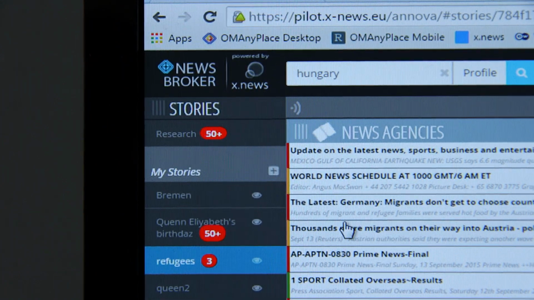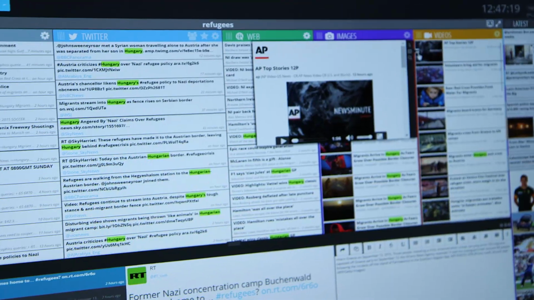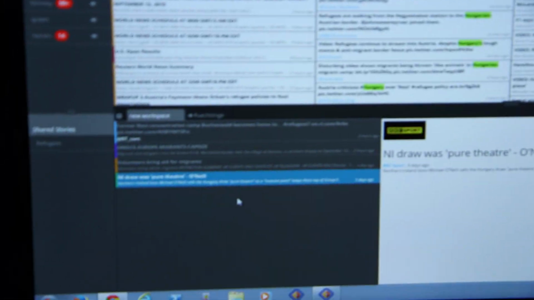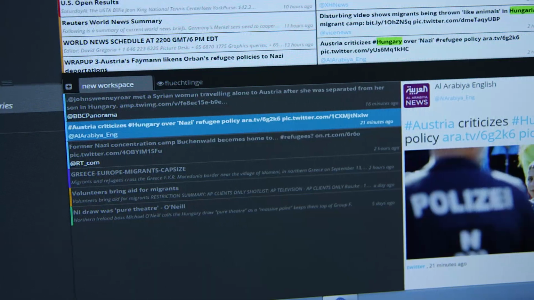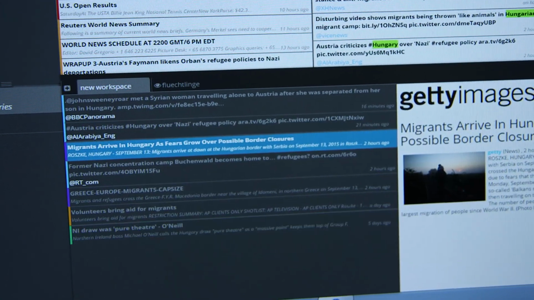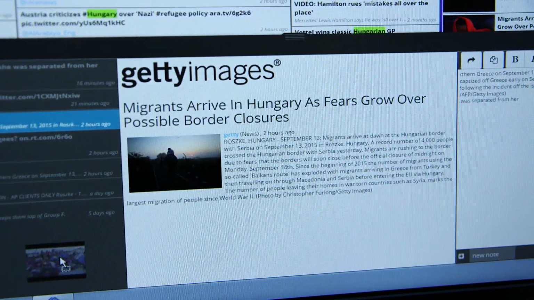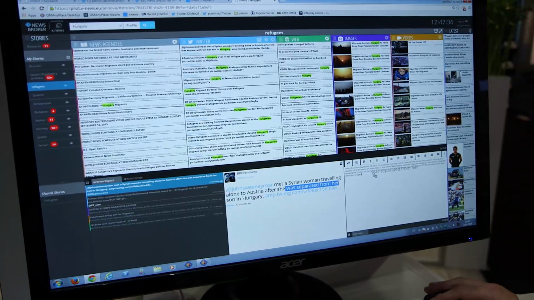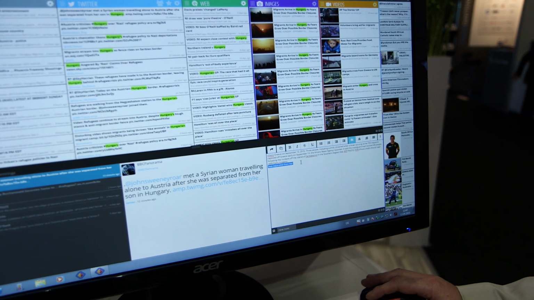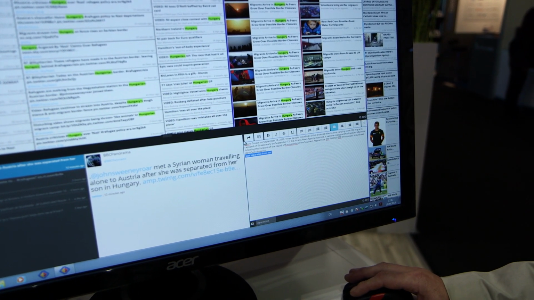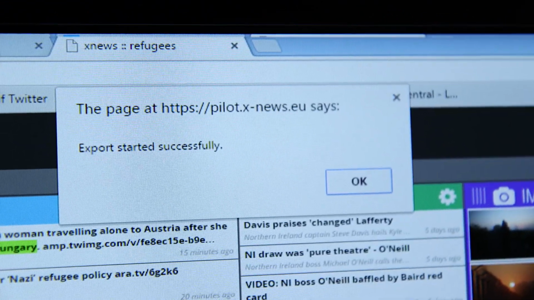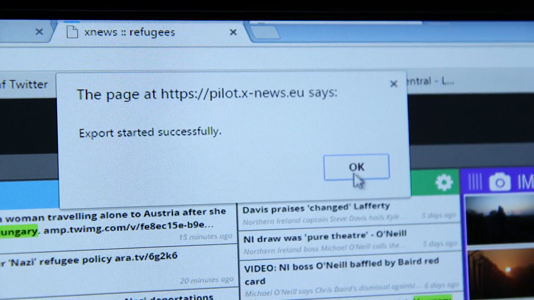And just like the story bin concept that has been invented by inside of OpenMedia, I can start to utilize this information inside my story, right? I can grab content and put it into the story bin, right? And I can use this information and start to block out some story ideas inside Newsbroker. And when I'm happy with this, I can now push this back into OpenMedia. I've done a little bit of research. I found something about Hungary which is important to my story, and I can just single-click button, publish to OpenMedia.